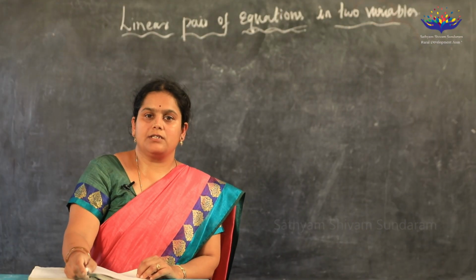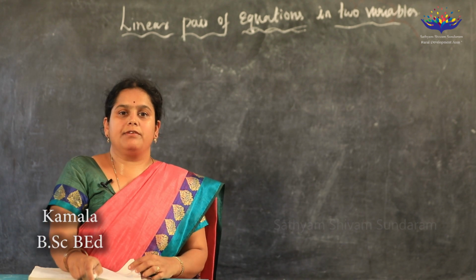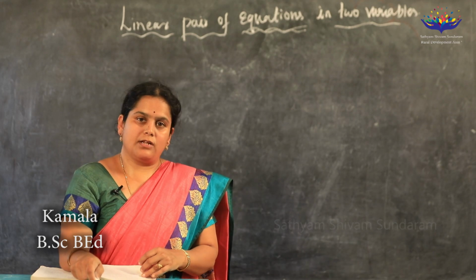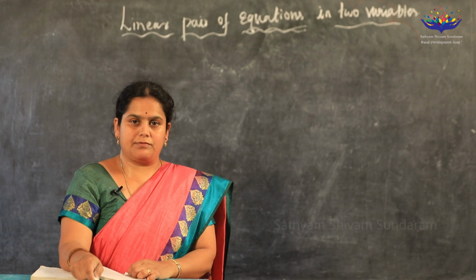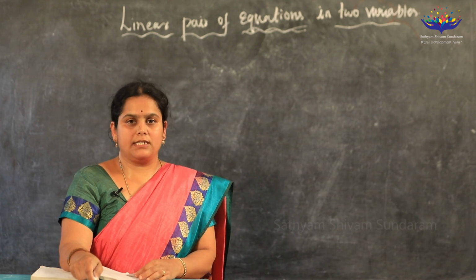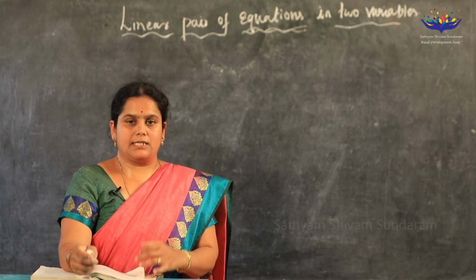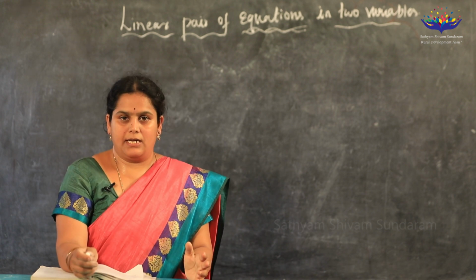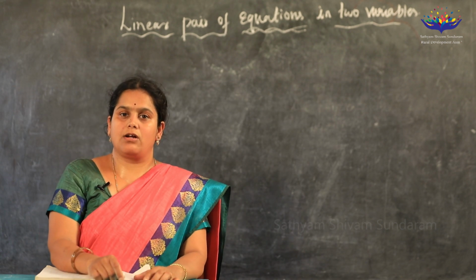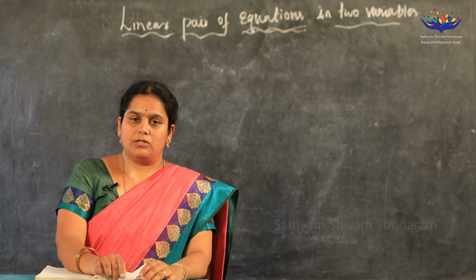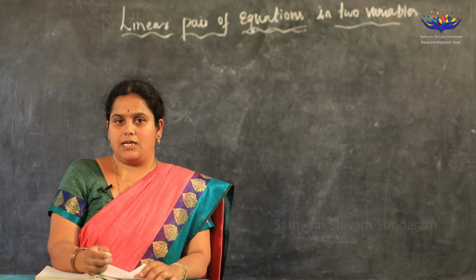Till now we have learnt only the graphical method, but we have not drawn any graph. Okay, we have to plot the graph also. So without drawing the plot of the graph, we can also recognize what type of lines they are, and whether they are intersecting, coincident or parallel. Apart from this, one more method is there, that is the algebraic method.